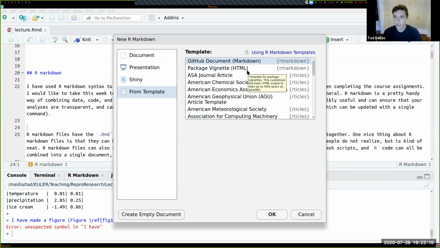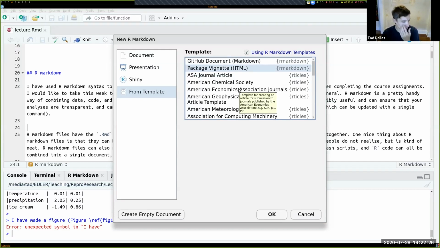R Markdown only comes with two templates, GitHub doc and package vignette. These are cool, but what's maybe more useful for academics is formatting manuscripts for publication, which is rticles. These are within the rticles package, sort of listed there, where the mouse is.